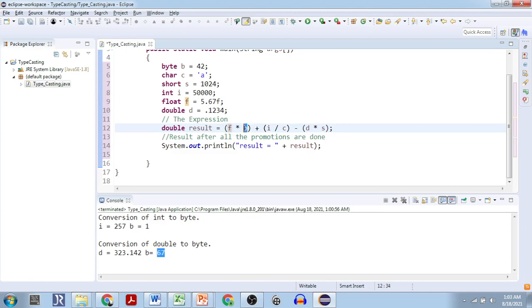B is a byte. Byte will be taken as float. Here I is divided by C. C is what? A character. Character will be taken as its counterpart of integer value. So it will be divided by 50,000 by the C's counterpart value of